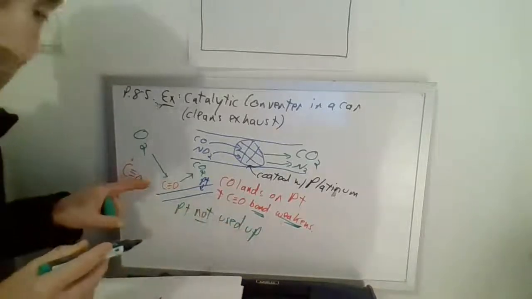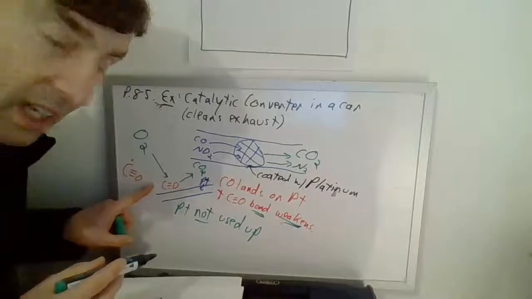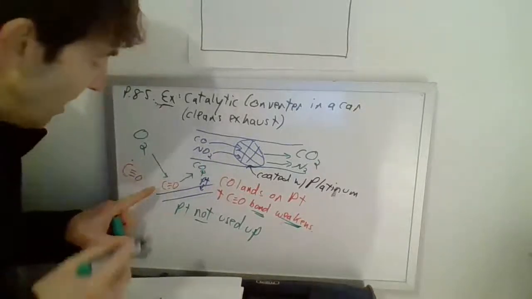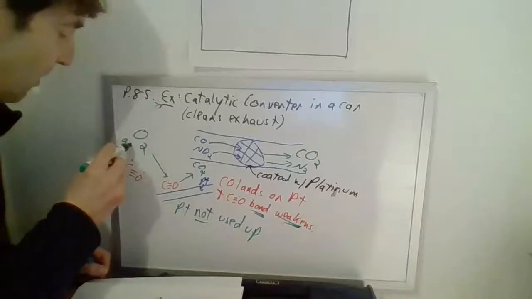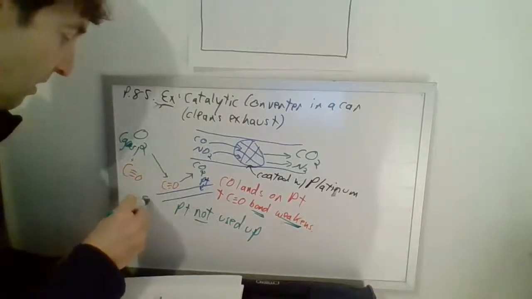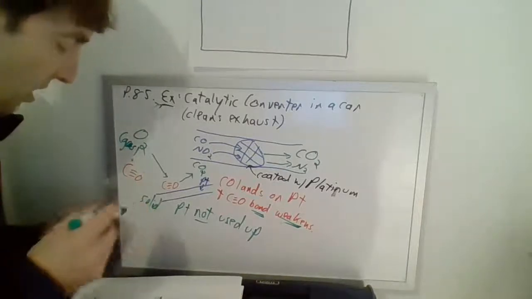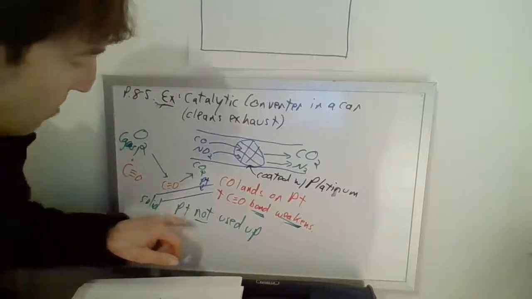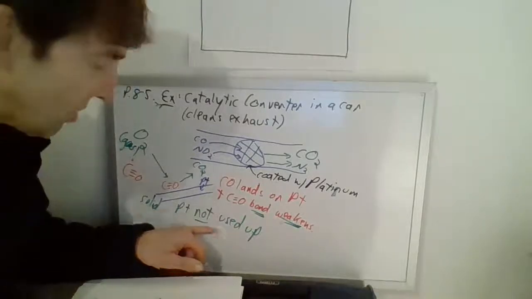And notice they come in contact with each other. That's why it's called a contact catalyst. And they're different phases. This is a gas, and the platinum is a solid. So they are heterogeneous, right? Heterogeneous. And again, the platinum's not used up, so it is a true catalyst, can be used over and over